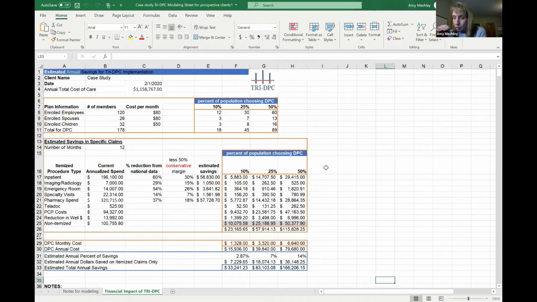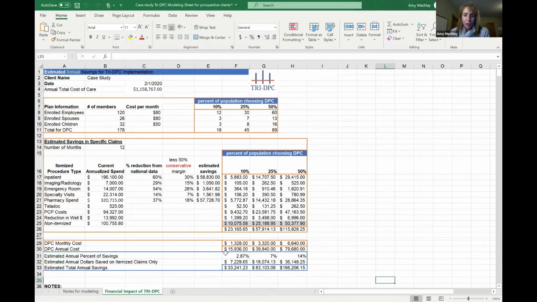This is what your CFOs, CEOs really want to see. They want to understand, okay, this is great, but where are the numbers going? So based upon this, this is the kind of spend that we're looking at, the reduction in cost. Here's my monthly cost for you joining our DPC network for 10% of the population, 25% and 50%. Here it is annualized. So a very conservative estimate, if all you did was sign up for an improved primary care, and I always say different because I don't like to usually say better because that means there's a judgment call there, but of an advanced primary care model where we do know that patients get healthier and have